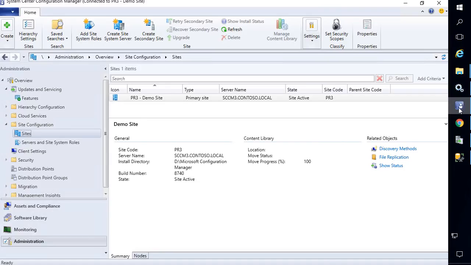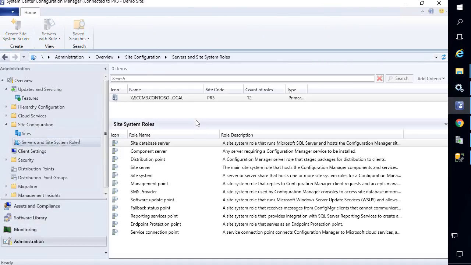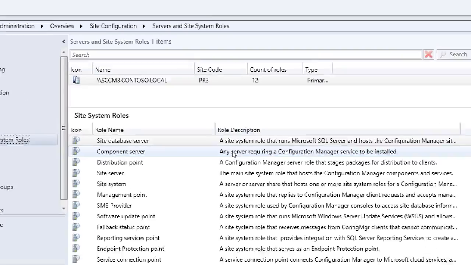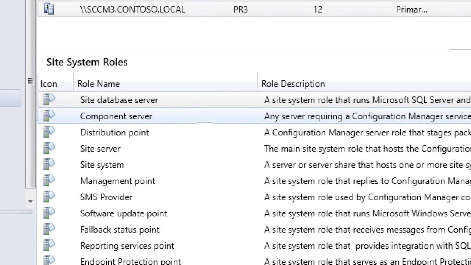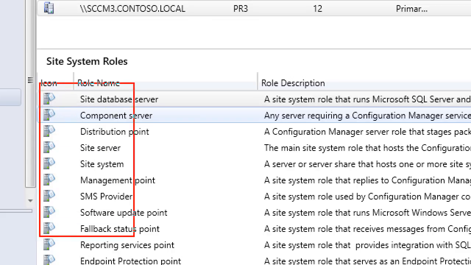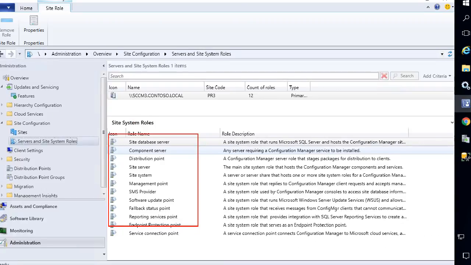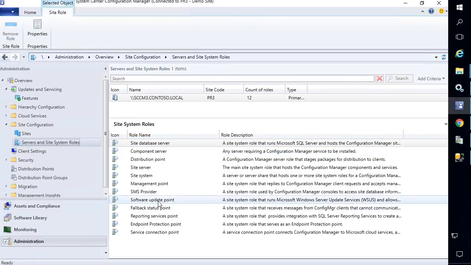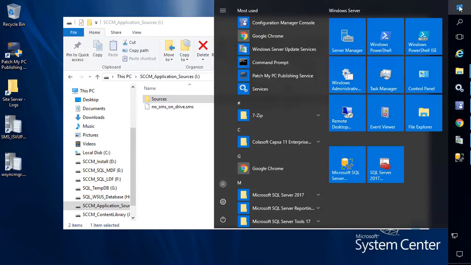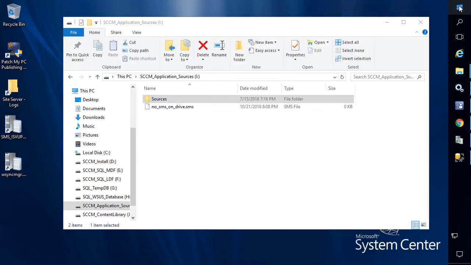And then finally, for my site, just for this scenario, I am actually running a lot of my site system roles on my site server. So for example, we can see that we have a lot of common roles on here. But more specifically, the one that we have is the software update point. So we are going to want to make sure that we also back up our WSUS database as well as our content for WSUS. So within my WSUS, if you're not sure where your WSUS content is, you could quickly go out to